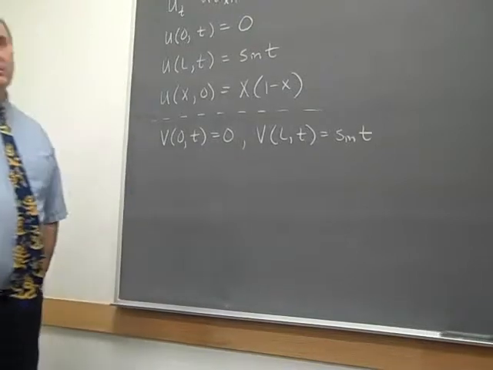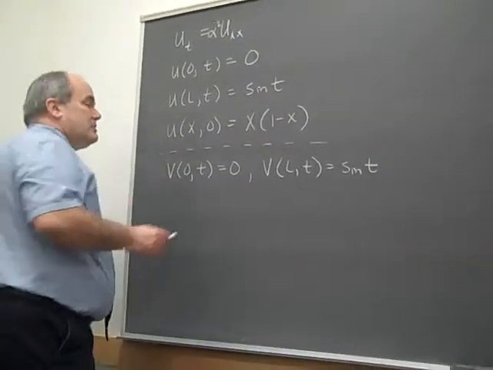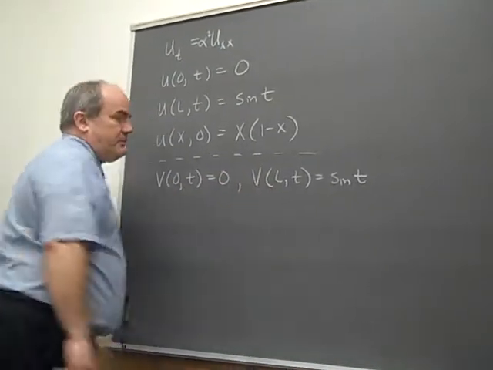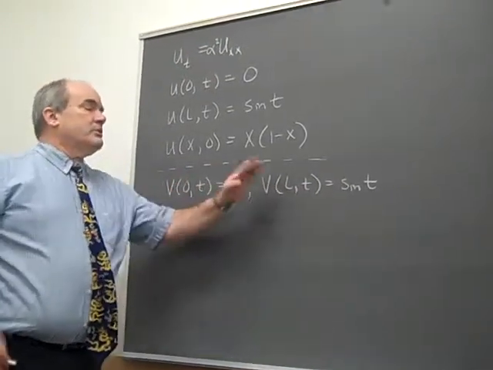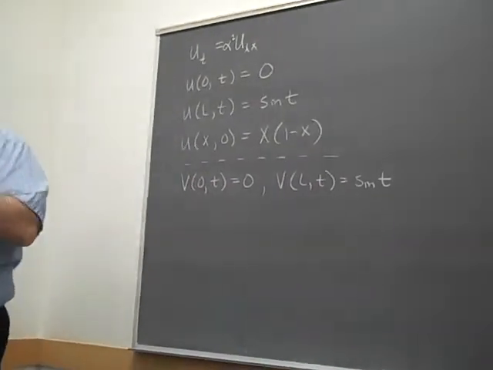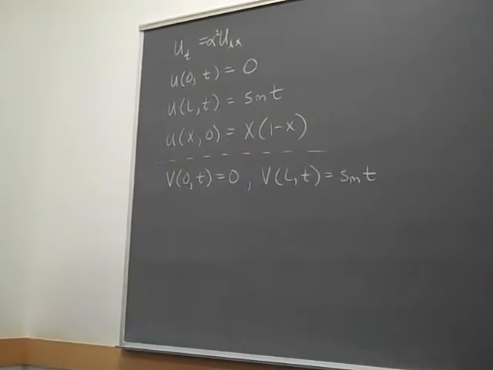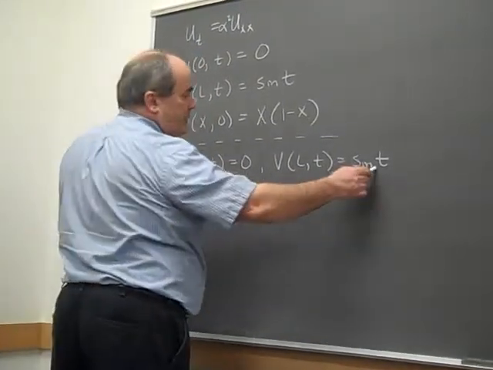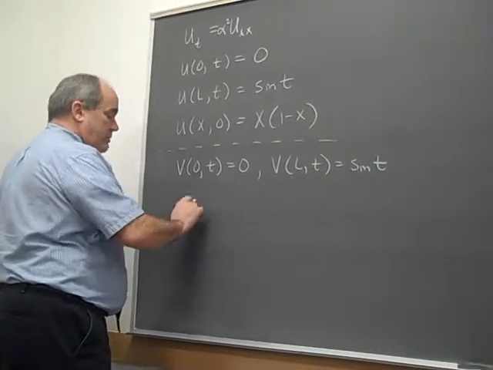Actually, that's where life's going to get a little more complicated this time. We're going to end up changing. So we want a v that does this. And in general, when we are looking at boundary conditions here, there's a general way of setting these up that always works. It's called finding a convex combination of these two functions. So no matter what function we have here, what function we have there, we can always make this work out